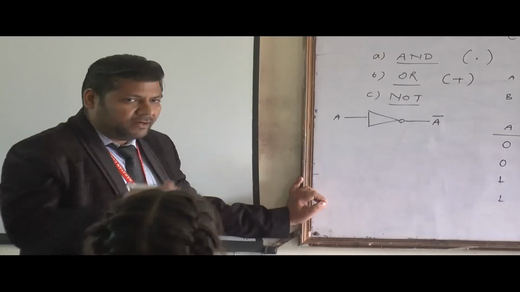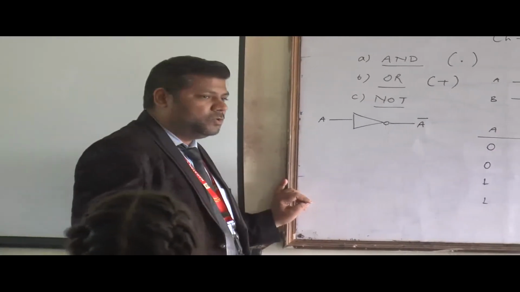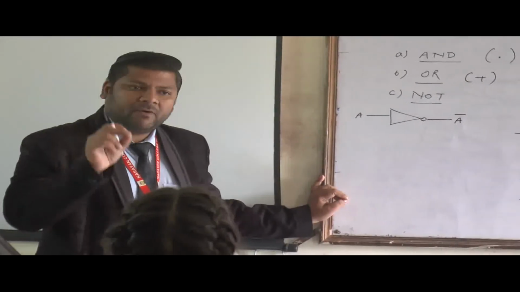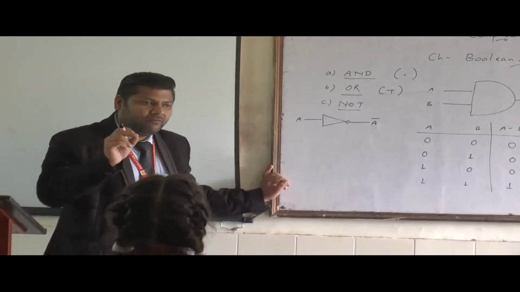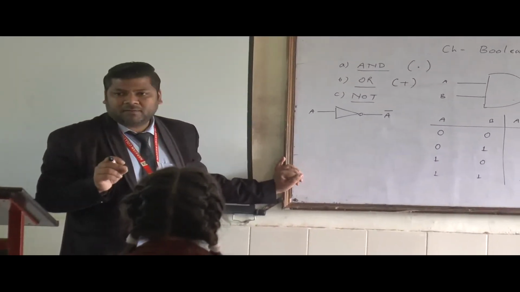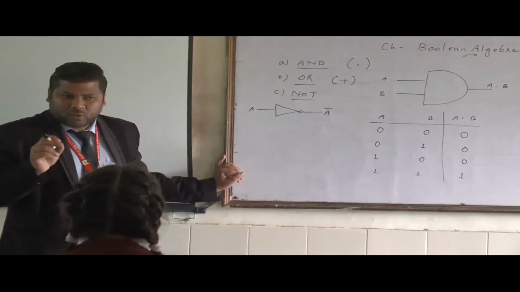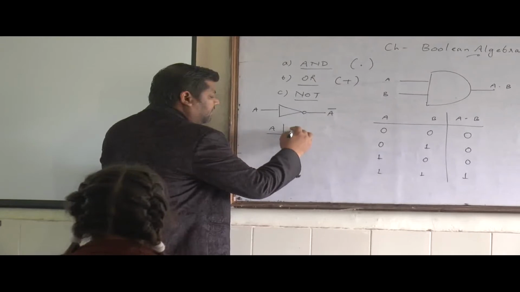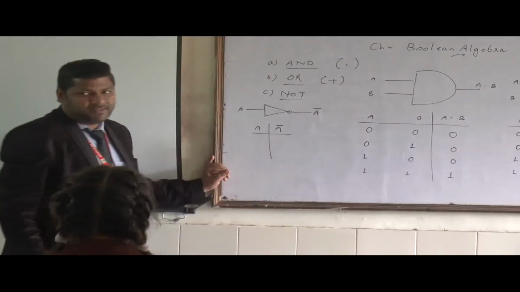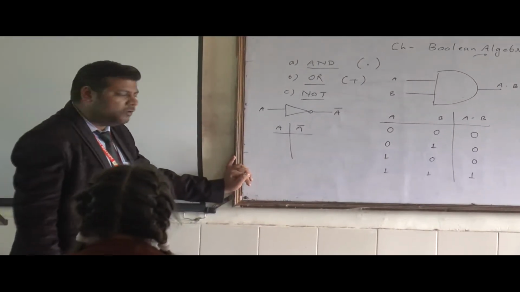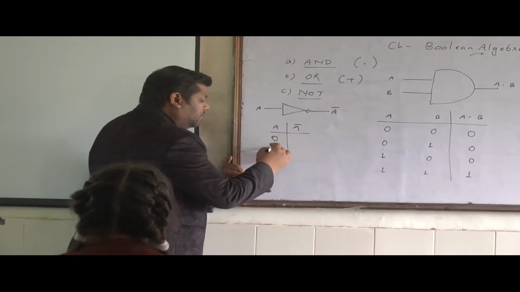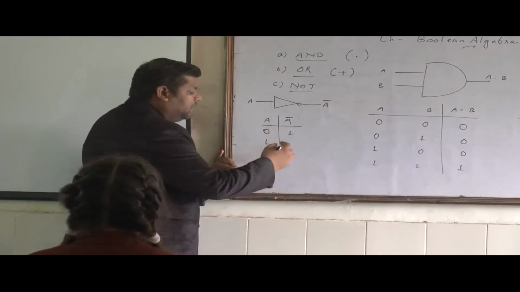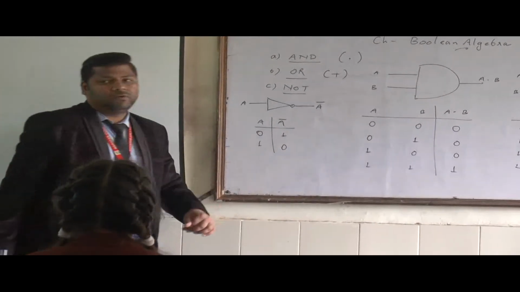Okay, look at the truth table of NOT gate. As I told you, here is only one input signal. So 2 to the power n, that means 2 to the power 1. How many possible combinations could be there? 2. If you pass A here, then you will get A inverse, or complement of A. If you pass 0, then 1 will be produced, and if you pass 1, then 0 will be produced.